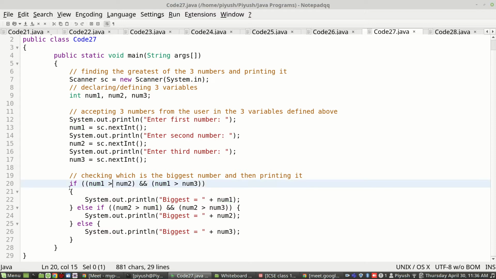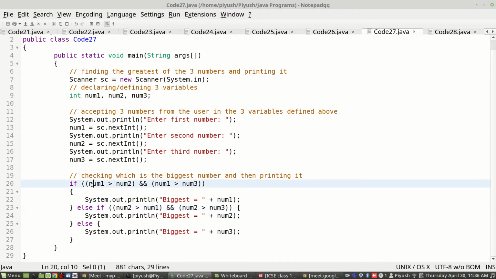If this is true, then the if will go inside its block, execute it and then move ahead. It will print this. If it is not true, it will go and look at the next one, like a waterfall model. If the first is not correct, it will go to the one below and check this condition.